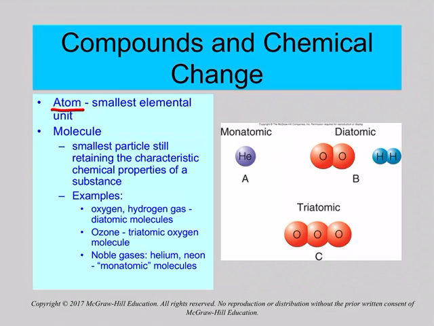definitions here. So, like, the atom is the smallest elemental unit. The molecule is the smallest particle. So, for instance, here we've got an atom of helium, but it's also considered a monatomic molecule, meaning that you can have just one atom of helium and it will still be considered a molecule because it completely fills